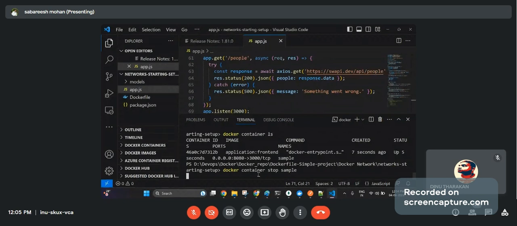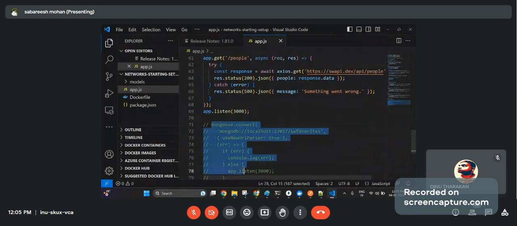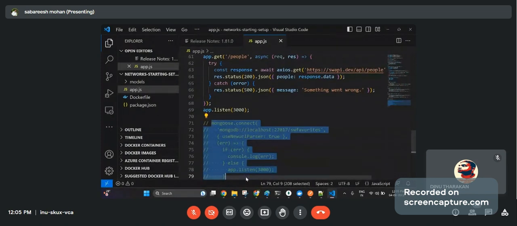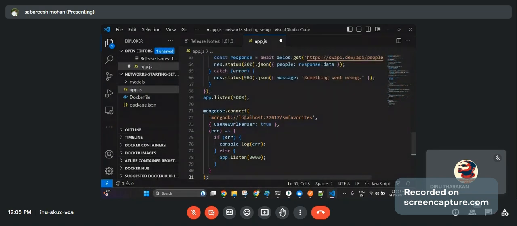Now you saw where my application is facing the issue, on this connection part. That means they are not able to talk to this particular URL. I'll remove this.